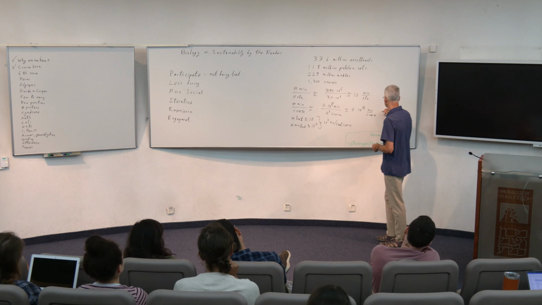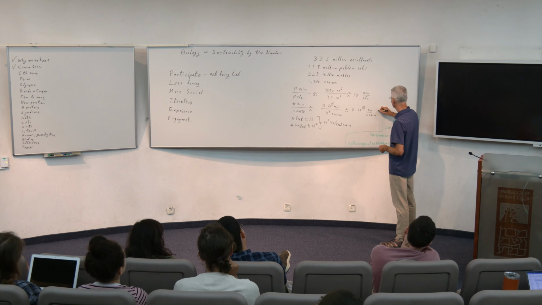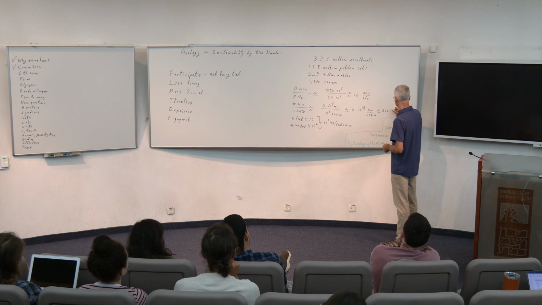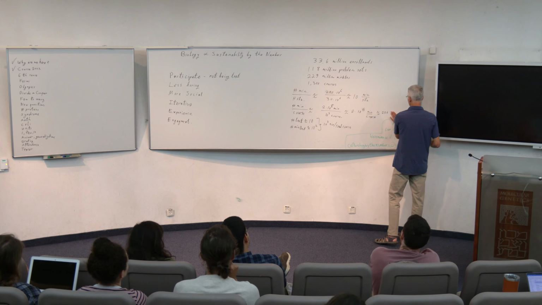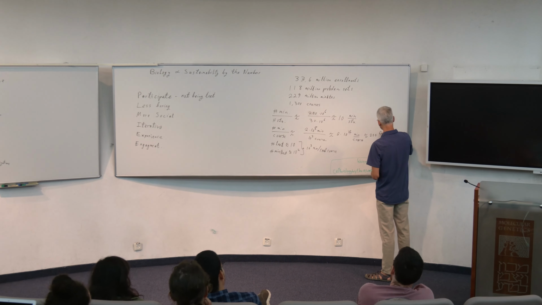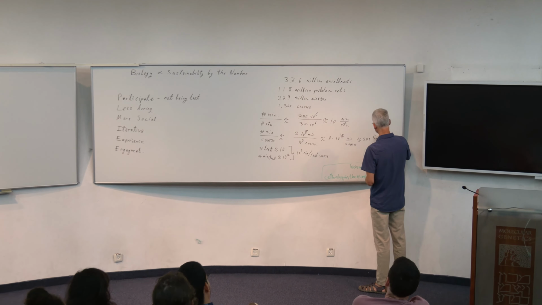Which means that if I take from here, I have effectively about 200, let's call it full enrollments. That's not bad, but compared to the real number,